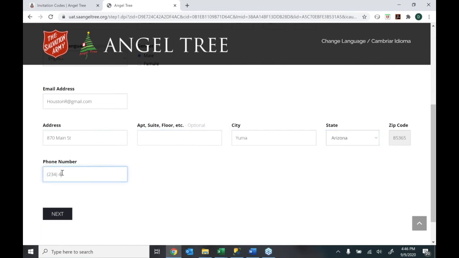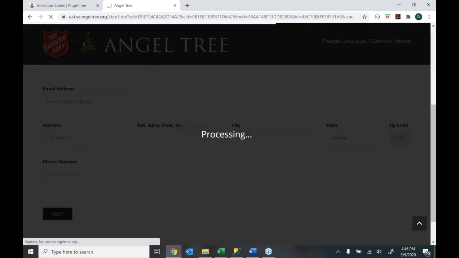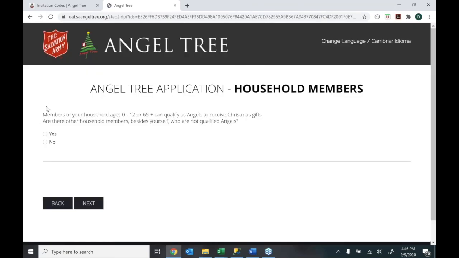And then a phone number because we're asking for that. Again, just taking them step by step. I'll click next. And then it's going to want some information about my household members. So here it says members of your household ages 0 to 12 or 65 plus can qualify as angels to